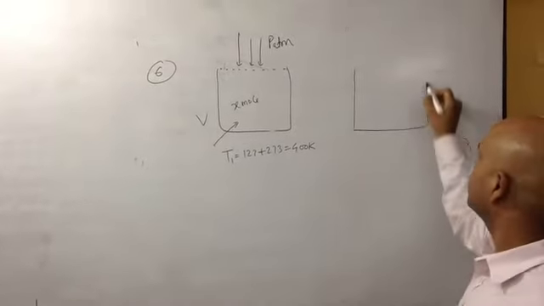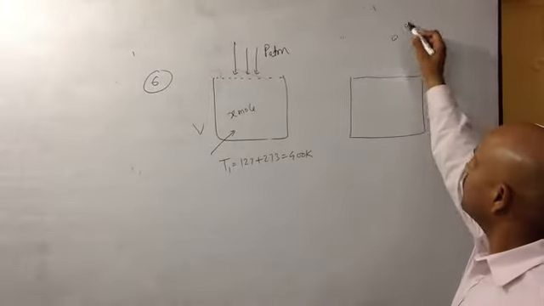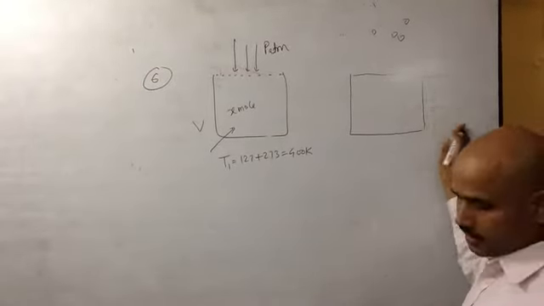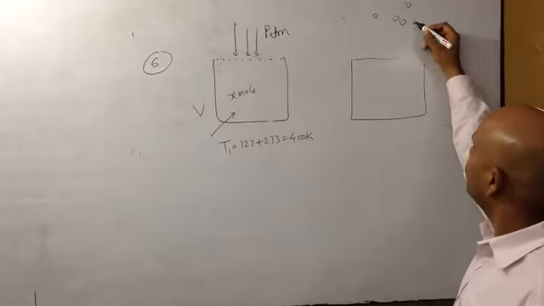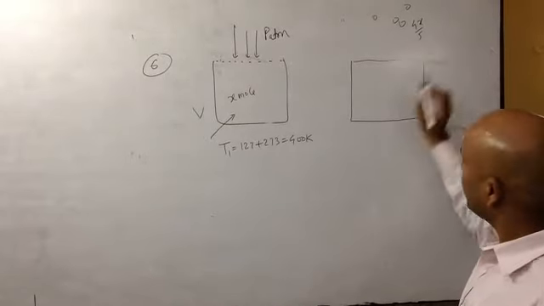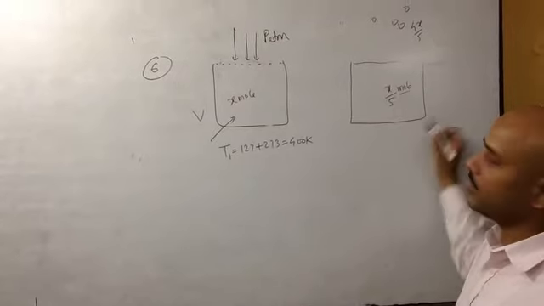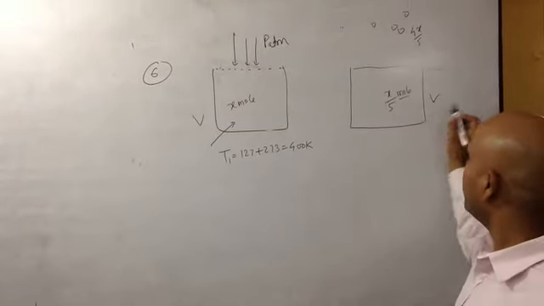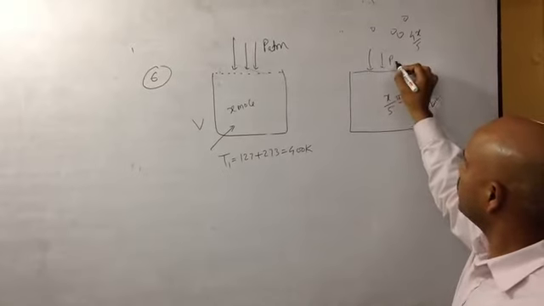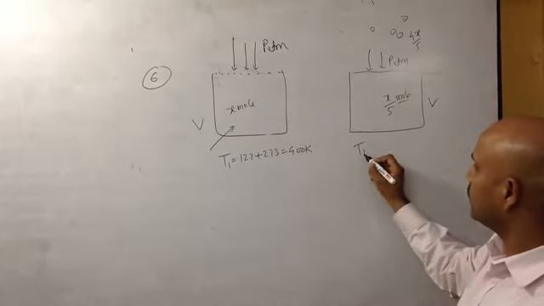Now it is heated. When it is heated, certainly gas will leave this. If gas leaves, we are going to count. It is given that 4/5, 4x by 5, has left. The number of mole remaining in this container is x by 5 mole. Volume is again V. Pressure is atmospheric pressure. Temperature you have to find out.